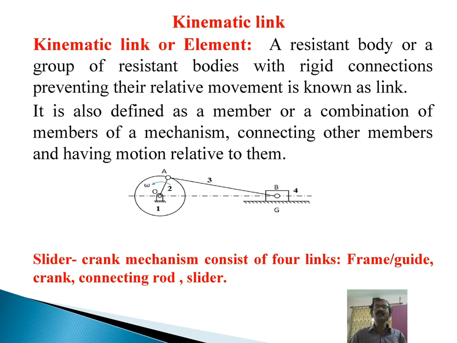Now what is a kinematic link? A kinematic link or element is a resistant body or a group of resistant bodies with rigid connections preventing their relative movement. It is also defined as a member or a combination of members of a mechanism connecting other members and having